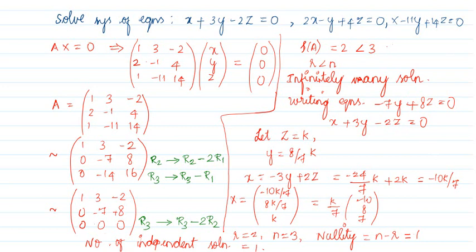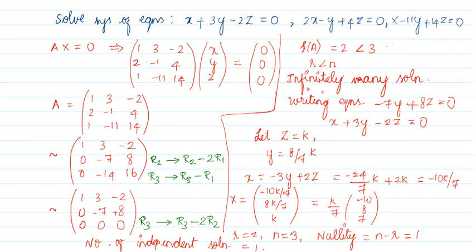See, for this type of problem, both homogeneous as well as non-homogeneous, if you get infinitely many solutions, then you have to assume any one variable to be an arbitrary value, say k. Arbitrary value means some random value k. So if you put z equal to k, then you find y in terms of k, and then you find x also, so everything in terms of that k. So as k varies, the solution will vary. Hence we say it has infinitely many solutions, because k can vary from minus infinity to plus infinity. It is a real number.